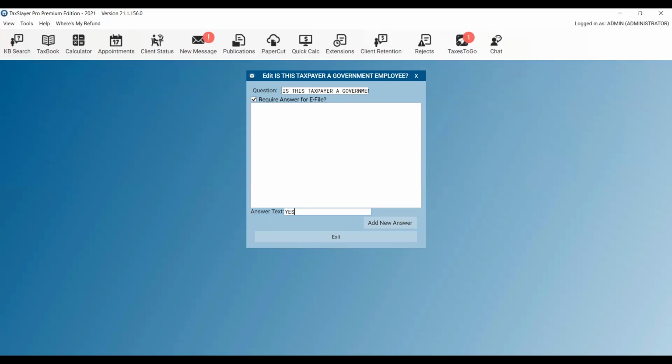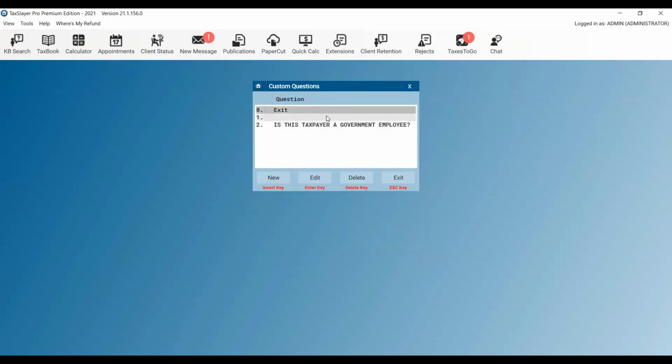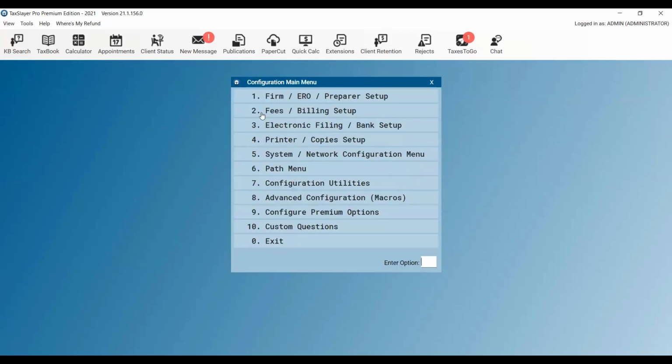So we'll put yes. And then if there's a separate answer, you're going to want to make sure that you always select Add New Answer. And the new answer for the answer text will be no. Click Add New Answer. Once you've included all of the possible answers for a particular question, you will simply exit out of this Edit Customize Question screen. You will now see the questions that you have entered here in your Custom Questions window. Once that has been completed, you will simply exit out of Custom Questions, which will land you back at the